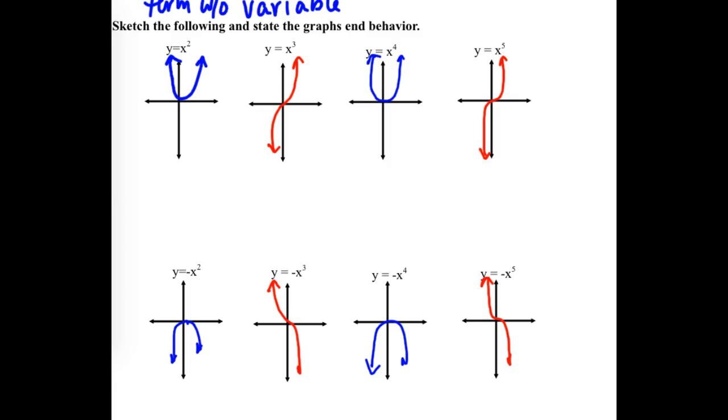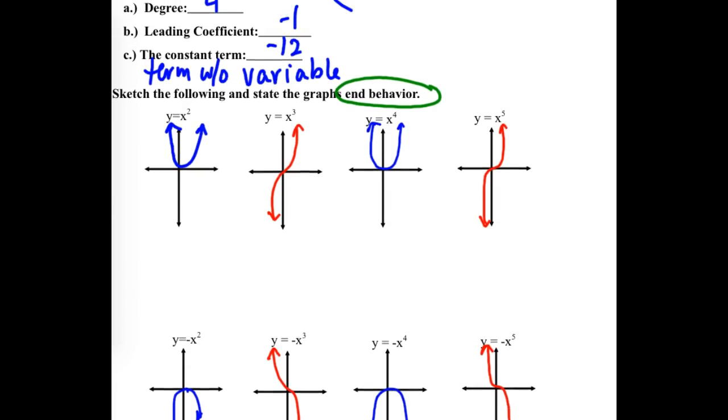We are asked to describe end behavior. Now, your textbook uses a more simplified version. We are going to actually change the format that we write this in. So in your book, it will say things like rises on the left, falls on the right, or rises on the left, rises on the right. So your book is going to use rise or fall as its notation. We are going to change that. We are going to write it using limits. So looking at our blue ones,